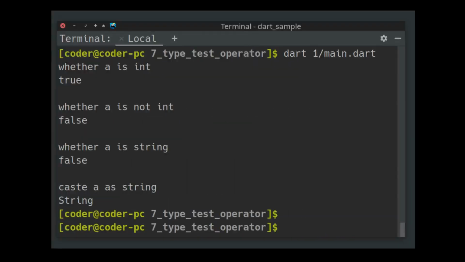When we run this program using the dart command, we get the following output: whether A is an integer, which is true; whether A is not an integer, which is false; whether A is a string, which is false. Then it casts A as string and prints its type. So it prints its type as string. So from this program it is clear that we can use the type test operator is for checking the type